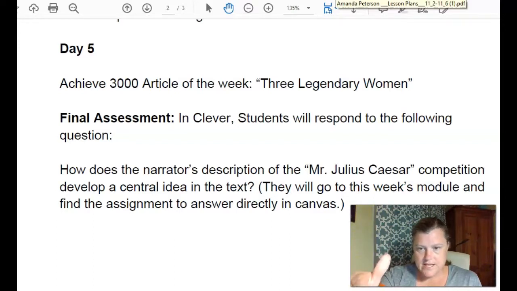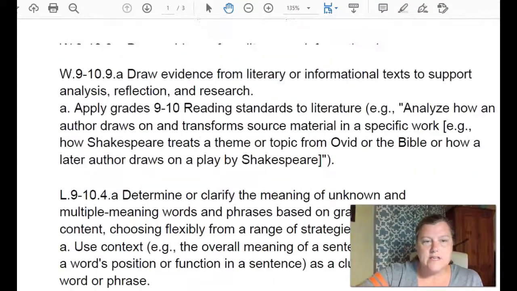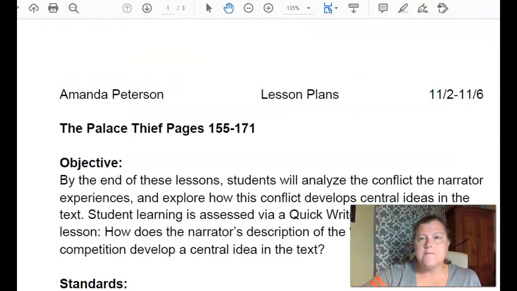And then once again, for my Canvas class, you will go to modules. You will go to quarter 2, week 1 or 2. We're on week 2. And you will see all the work is posted there in order. So anything you need is there. You don't need to ask anybody for makeup work. It is all posted on Canvas. Okay? So let's go back. That's an overview of the whole week.